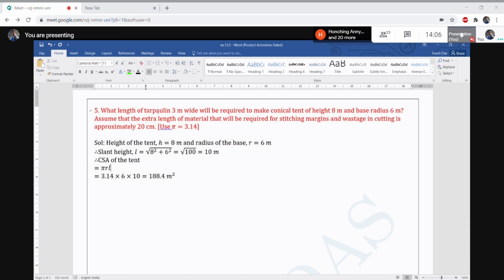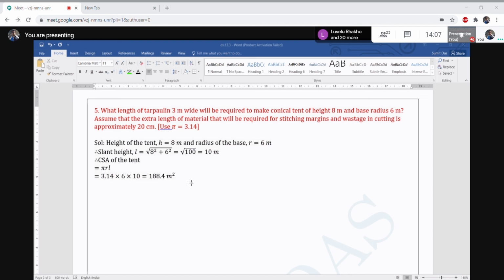Tarpaulin will obviously be rectangular in shape where the width is given as 3 meter. So we'll take the length of the tarpaulin equal to L, and the area of the tarpaulin and the CSA of the tent will be equal,